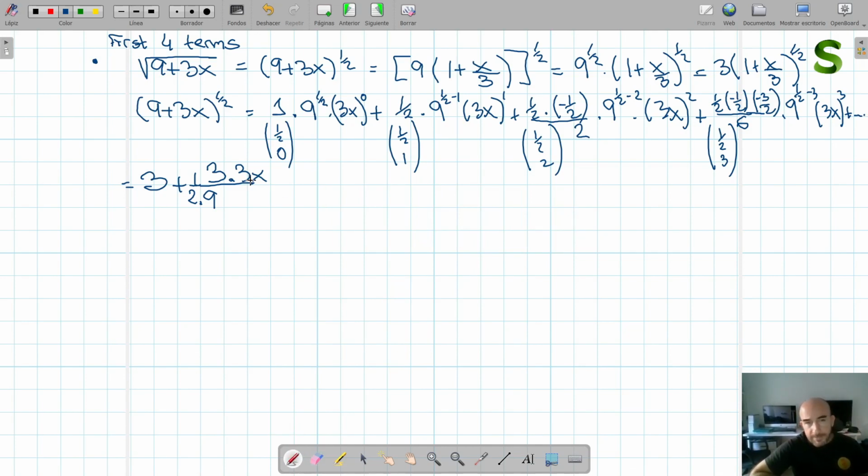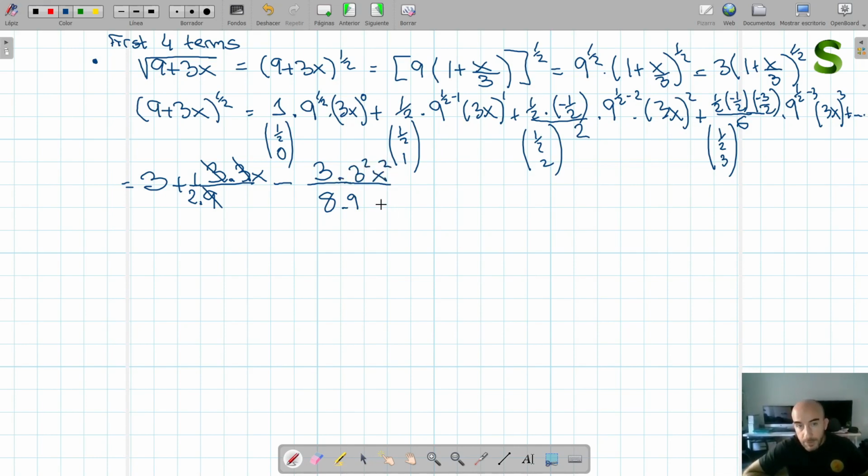Scrub that out. And I'm going to simplify now, so which is this over that, and that's simplified. Oops, careful, not the x. Okay, so I have a half times minus 1/2 is minus, so I'm going to have a minus here, and I have 2 times 2 is 4 times 2 is 8, so I have 1/8. 9 to the power of 1/2 is 3. 9 squared, I'm going to write it in the denominator, and then I have 3 squared